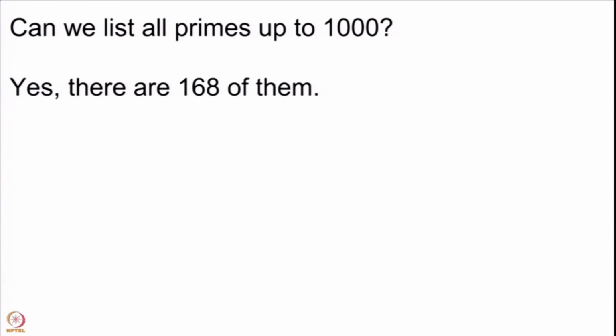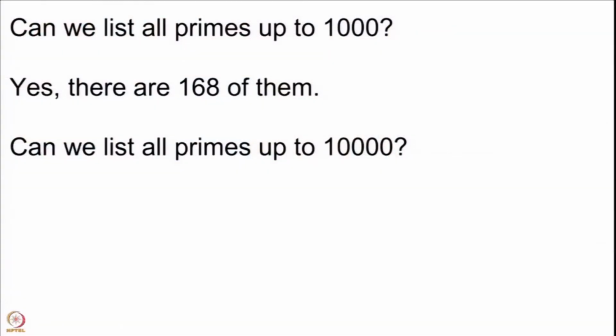The number of primes up to 100 was 25. The number of primes up to 1000, we have multiplied 100 by 10, so we got 1000. The number 25 did not get multiplied by 10, it got multiplied by somewhere between 6 and 7. So, we got 168. I am not going to write all those primes here, I will give that to you as an interesting homework. Do not send that list to me, keep it with you.